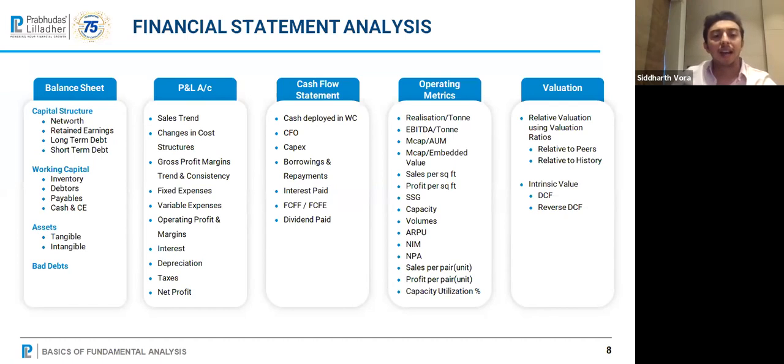Again, I gave you all a highlight of fixed expenses and variable expenses. EBITDA margins are very important because without depreciation and interest, at an operating level, how much profit is the business generating? It's really, really important to evaluate that. Again, I want to see the trend of interest. Is the trend of interests coming down? Is it going up? Is it maintaining? Things like that.